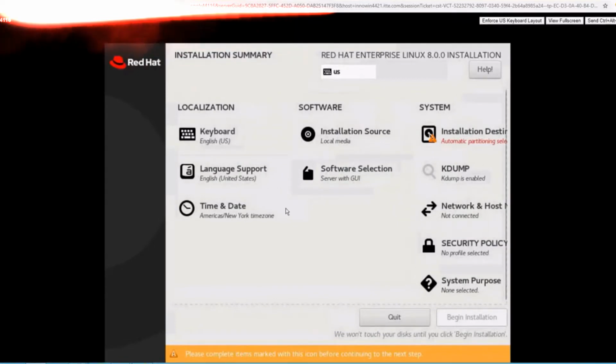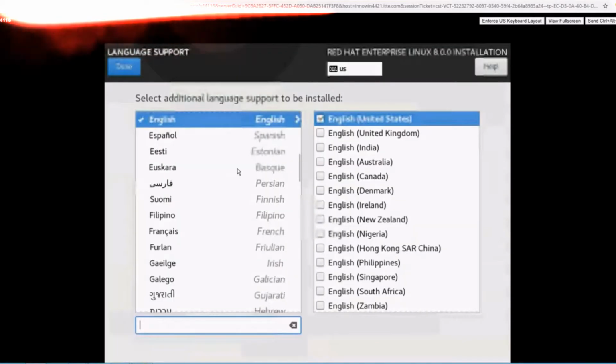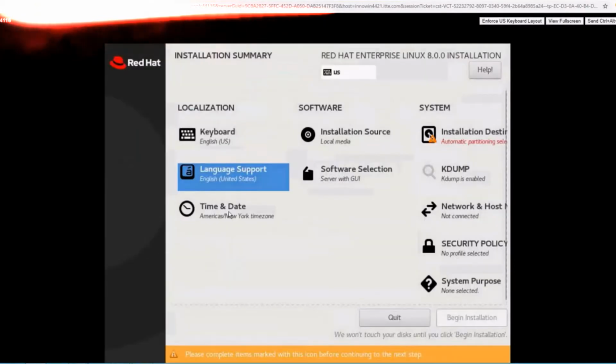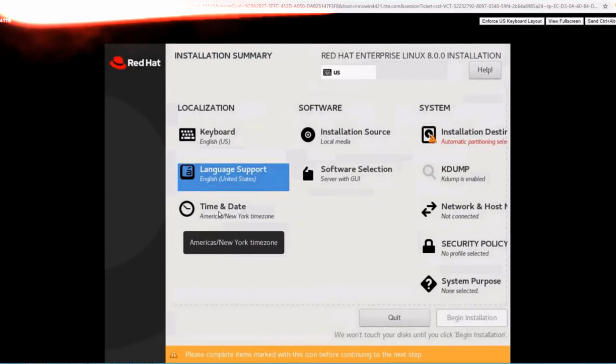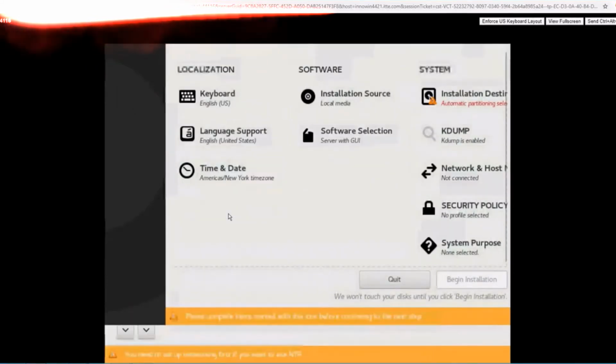Now the first thing you have to choose is the keyboard, English. It is good for me. Language support, United States, is also good for me, or you can click here and select a different language, but I have chosen this. Now the third option is very important, because in some cases you are using it for servers or other things, and sometimes your time does not match with your other servers.